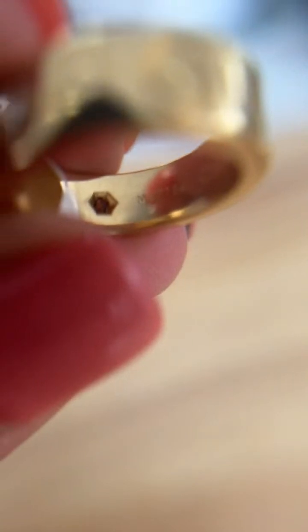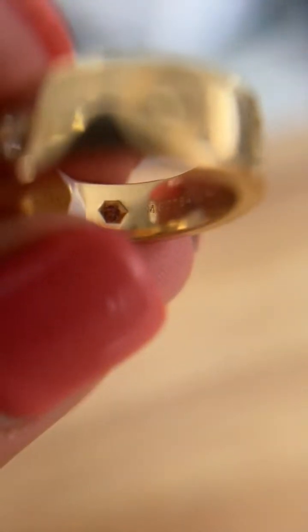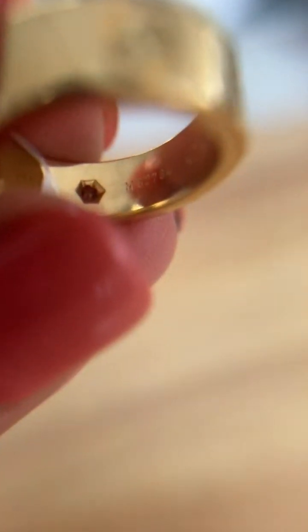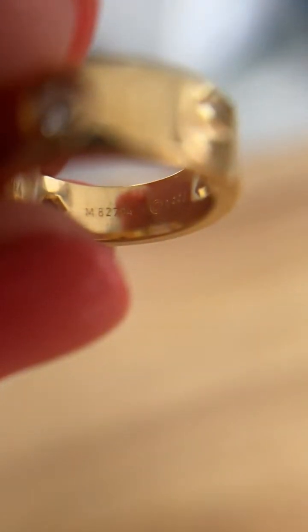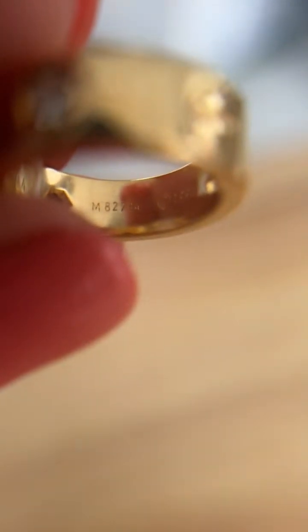They've done a good job here because they've given these hexagonal internal bezels, which is how Cartier's bezels work. So they've done a good job with that. You have a number here as well, but look at the quality. Look at the quality of the script. It's not clean enough. It's not sharp enough. This is not good enough for a Cartier ring. It's too